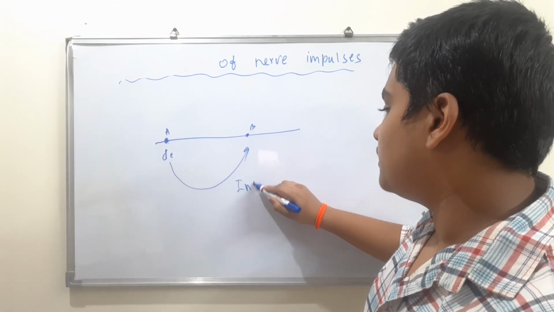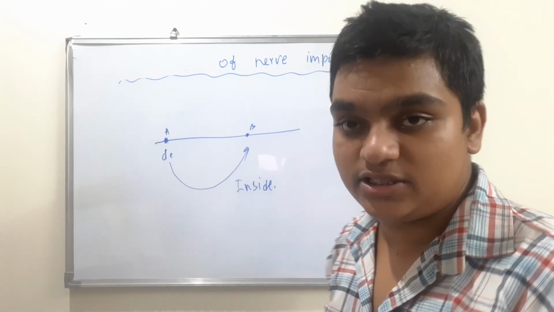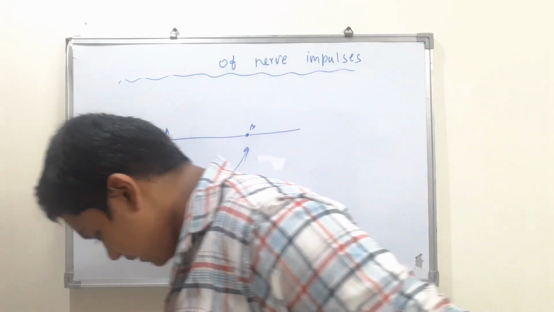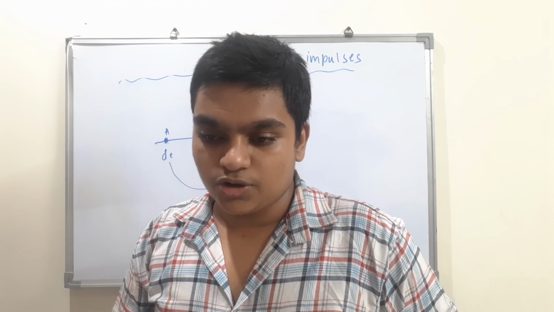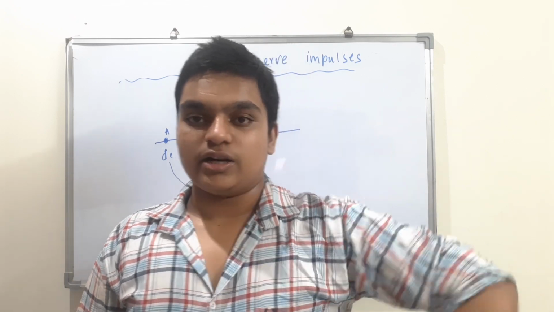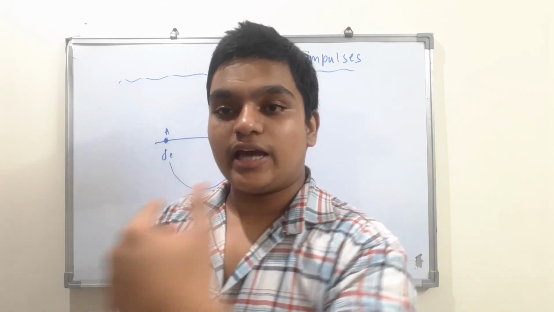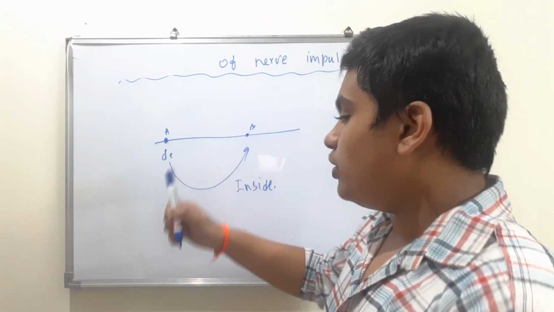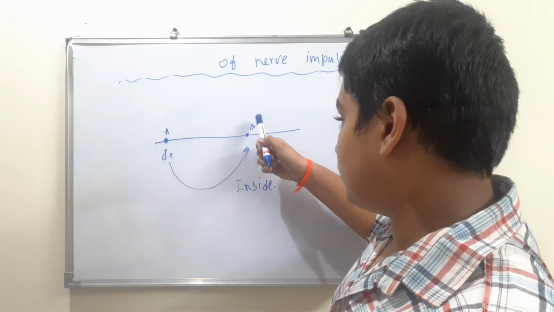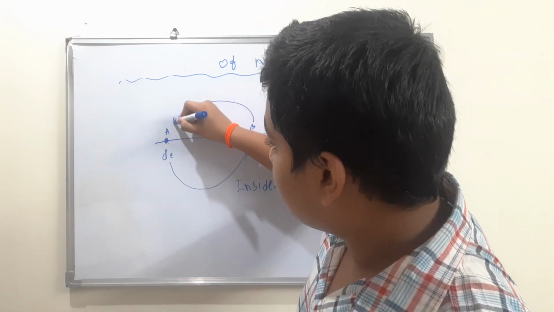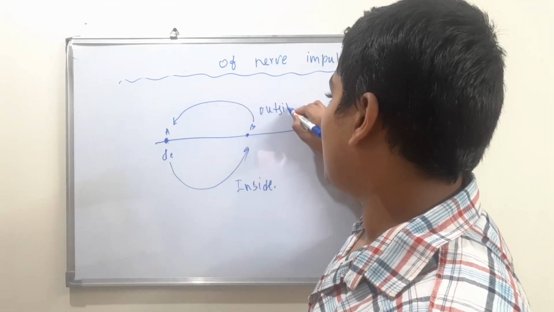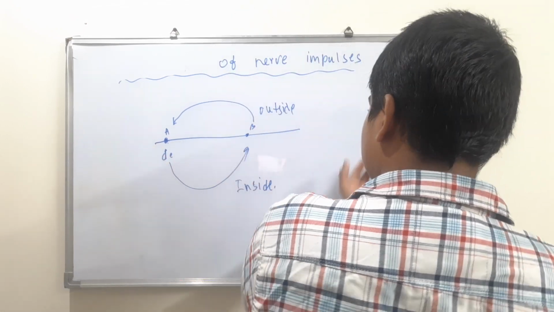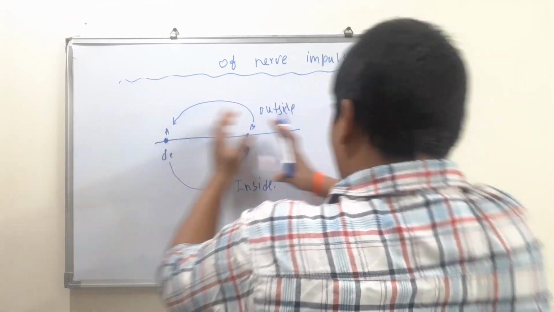We have seen in the current electricity chapter that electrons move from one place to another in order to transport electricity. Like that, nerve impulses, electrical current, is generated inside here from A to B. Now in order to complete the circuit, the current also flows from B to A outside. So now from here the nerve impulse reached here. From here it is reaching here. So like that it continues throughout the